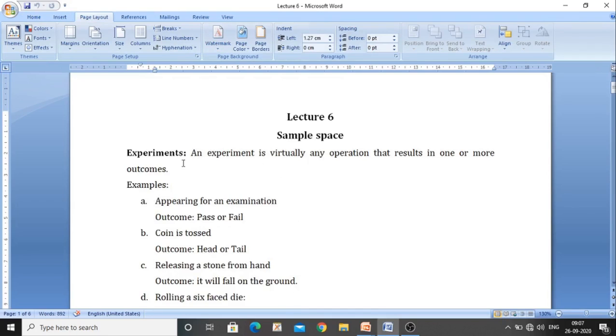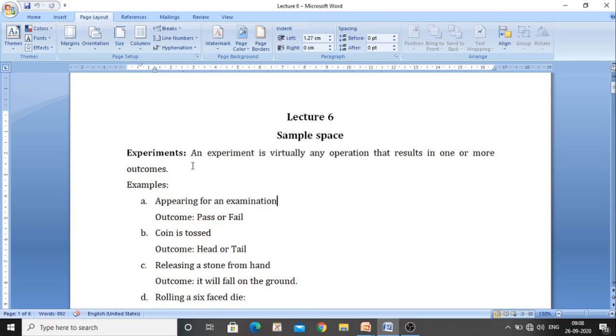We want to know what is meant by experiment. All of you are familiar with the concept of experiment. Up to 12th, you have seen experiments, but those experiments you have conducted in laboratories. That means whenever that word comes in front of us, we require laboratory equipment or instruments, then performance of that experiment, readings and all these things. But in statistics, this experiment has a wider role or meaning.